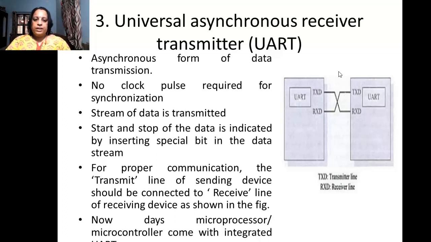Nowadays, in microprocessors we have UART readily available. A built-in UART is available in the microprocessor, and UART can also be obtained as an integrated circuit. So this is the third simple onboard interface protocol, UART.